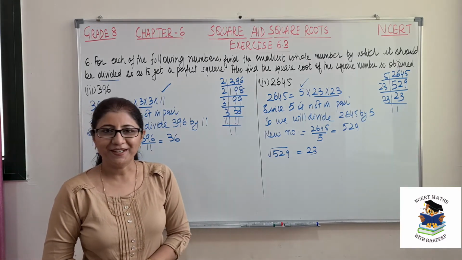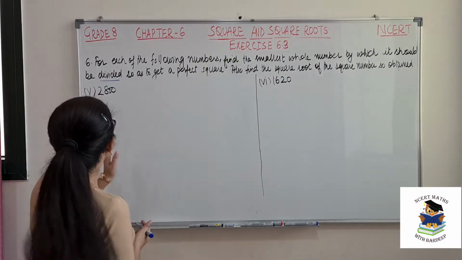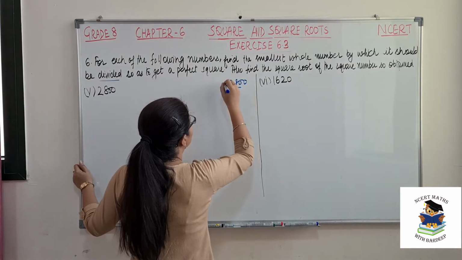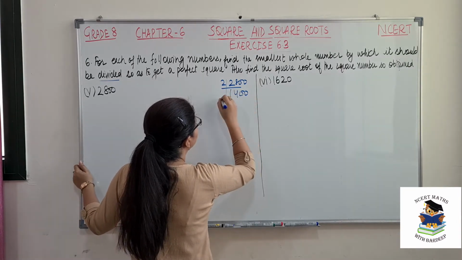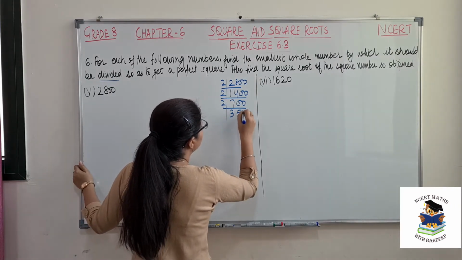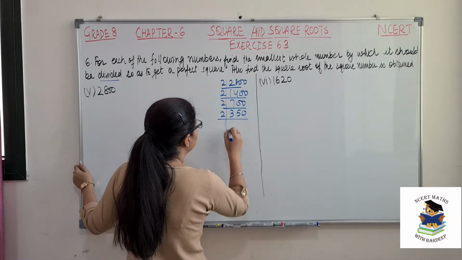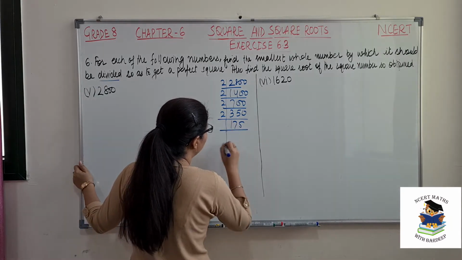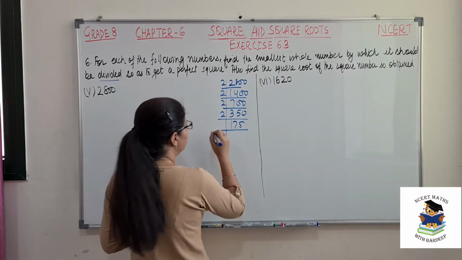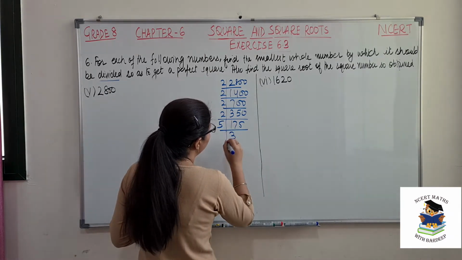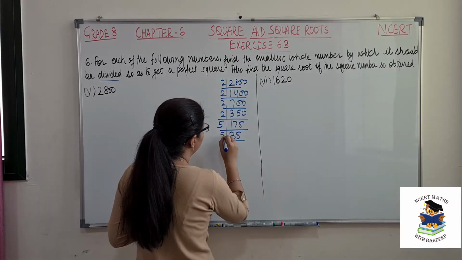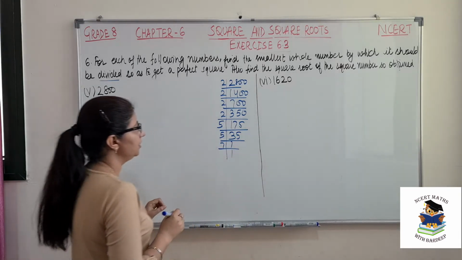Now let's see the next part. So let's see our fifth part, 2800. We will factorize 2800 first. So 2, it will be 1400. Then this is 700. So 2, 350. Then this is 175, 7 and 5. Now let's check. 3 5s are 15, so it will not go in the table of 3. So we'll check with 5. 5 3s are 15 and then 35. So again in the table of 7. So this is our factor.